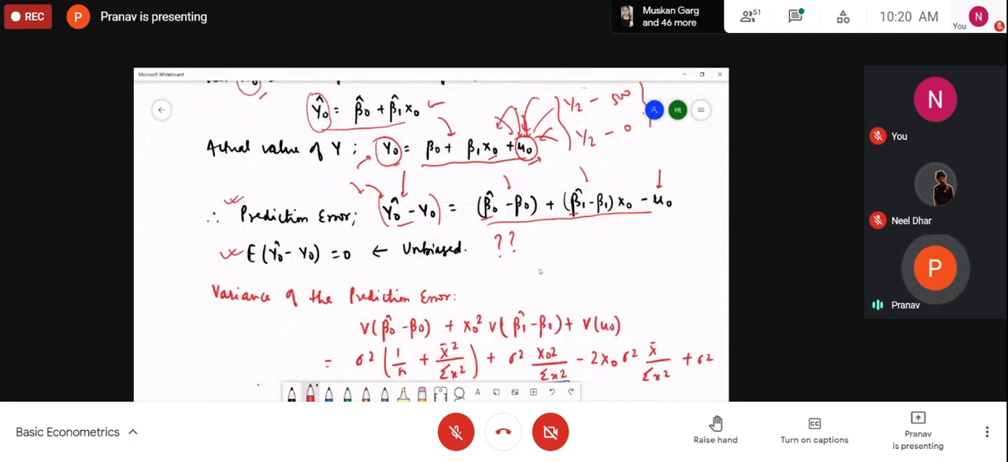Now, the next thing that we have to talk about is the variance of this prediction error, because I need the standard error of the statistic. To get the standard error, I must have the variance, because the square root of this variance will give me the standard error. So what will be the variance of the prediction error? It will be the variance of this entire term. Now, these two are jointly distributed, that is beta naught hat and beta 1 hat, when you write them,